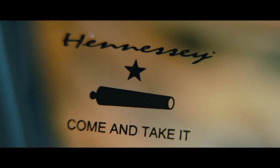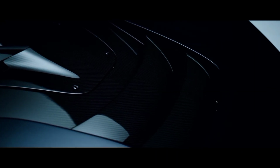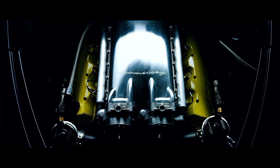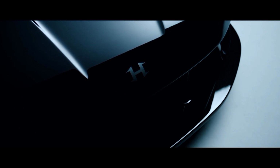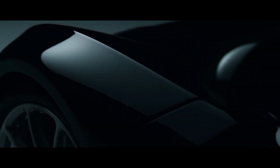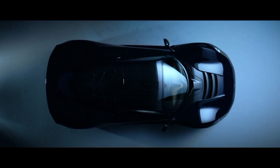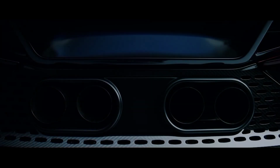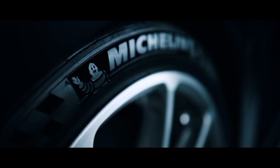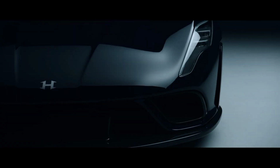Hennessy Venom F5. Next in the lineup of Hennessy's record-breaking vehicles is another in John Hennessy's Venom line, the F5. The name is a reference to the very fastest type of tornado, a natural force that the Hennessy emulates with its immense power and incredible speed. Under the hood of the Venom F5 is an American-made twin-turbocharged engine, resulting in nearly 2,000 horsepower. This gives the Venom F5 precisely what it needs to reach a top speed of 484 km per hour or